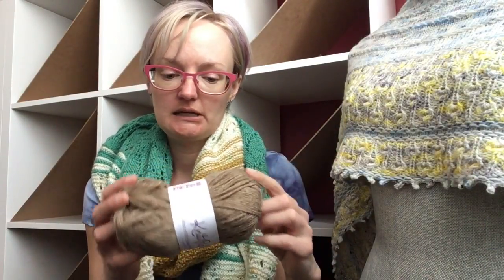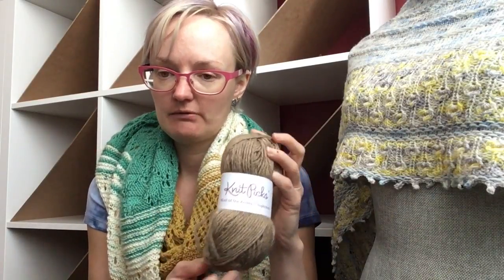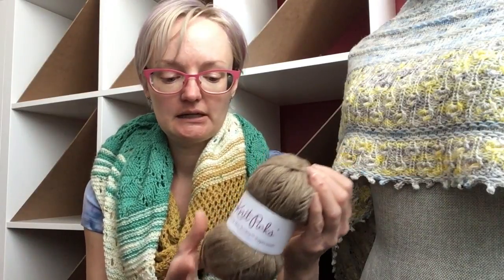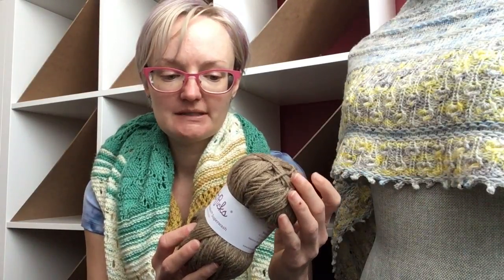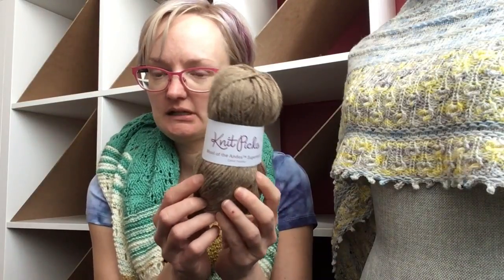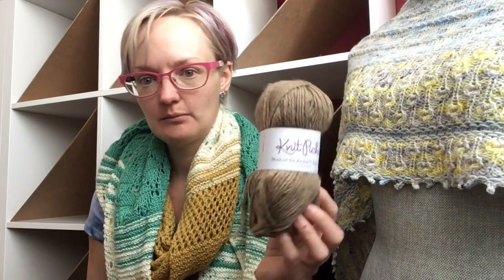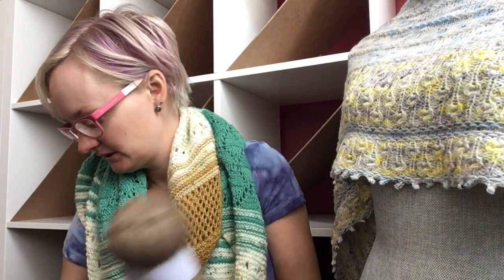But I wanted a superwash wool, so that it would be easy care for my mom or my dad to launder his sweater. And I wanted something more natural or kind of semi-rustic. This is going to be a zip-up cardigan, and I've got, I think, 16 balls of this. And the pattern that I'm doing